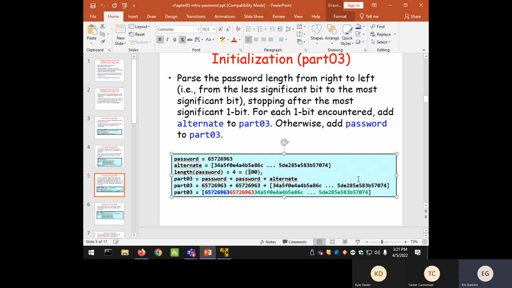So if it's a 0, I append to part 3 the password. If it's a 1, I append alternate. Okay? And we have to start with part 3, which is empty. So look at the result of part 3. The result of part 3 will have the password as a hexadecimal string, which is Eric, the password, and the